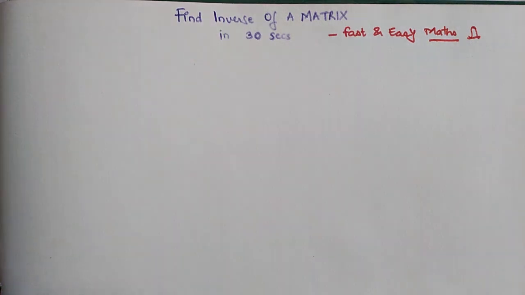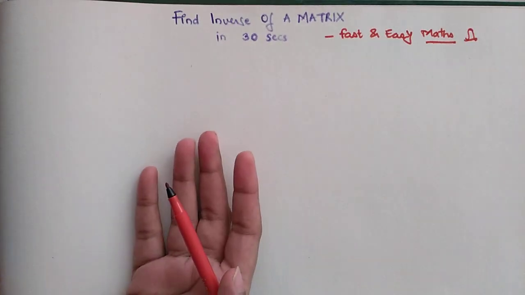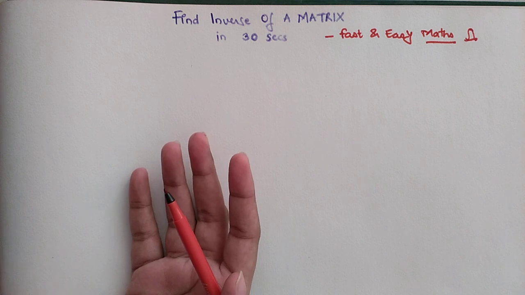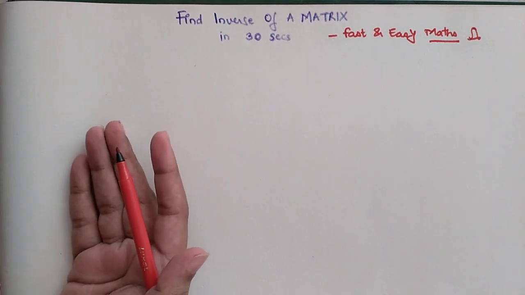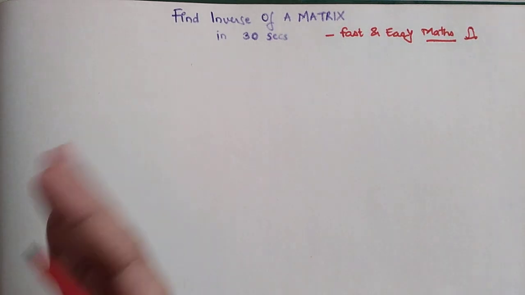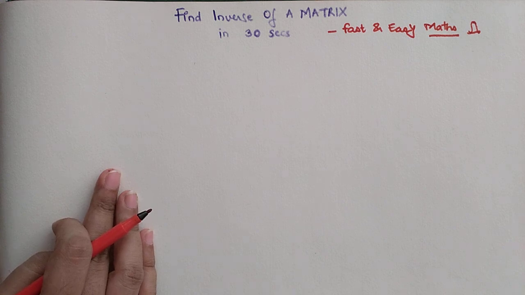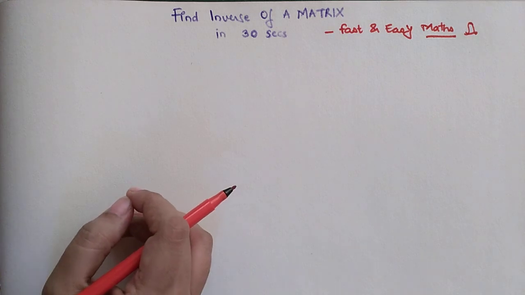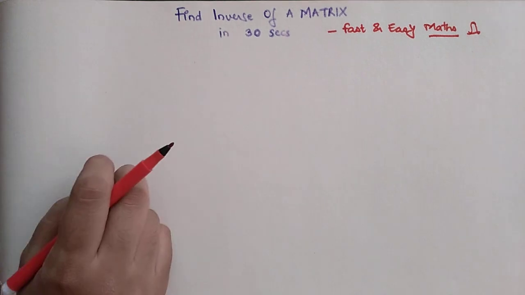Now students, finding an inverse of a matrix is something which most of my students find very difficult to do. Because first you have to select which kind of method you will use, like either row transformation, column transformation, or you will go and find minors, cofactors, and then do the adjoint method. All of that takes a lot of time. And another thing is, even a slightest mistake might end up costing you too much, or maybe might end up costing you the entire sum.